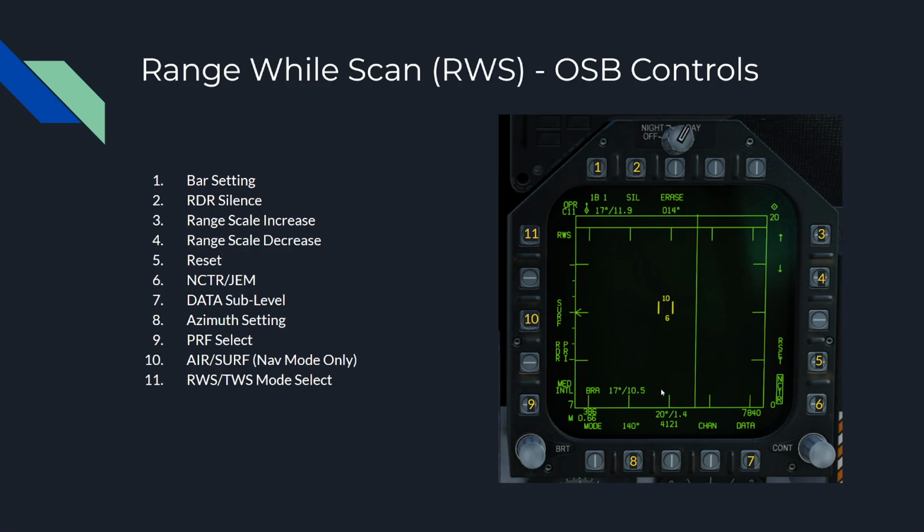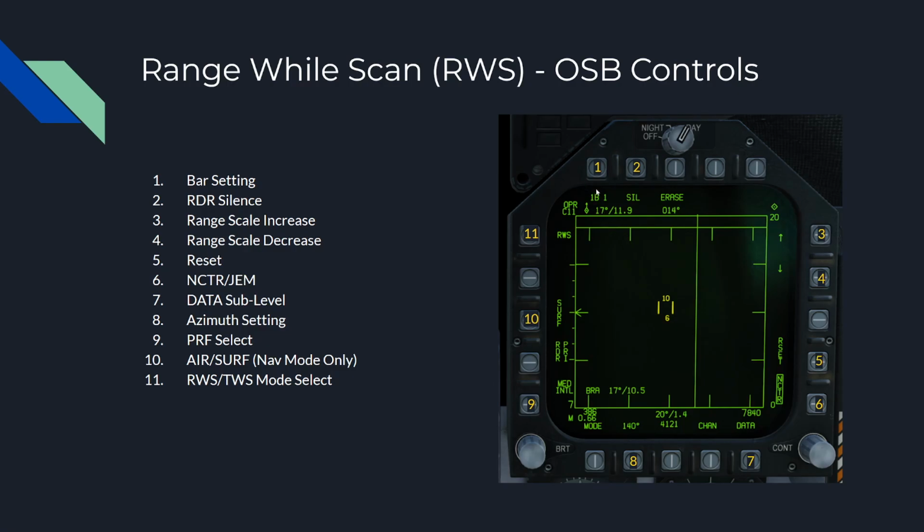It's in navigation mode, not air-to-air or air-to-ground selected, which gives you a couple of weird options, mainly this number 10 here, the air-to-surface toggle, so it'll switch between air-to-air and air-to-surface modes. I believe this is also available in the air-to-ground mode, but I don't remember. Main things to take away from this is that you can action